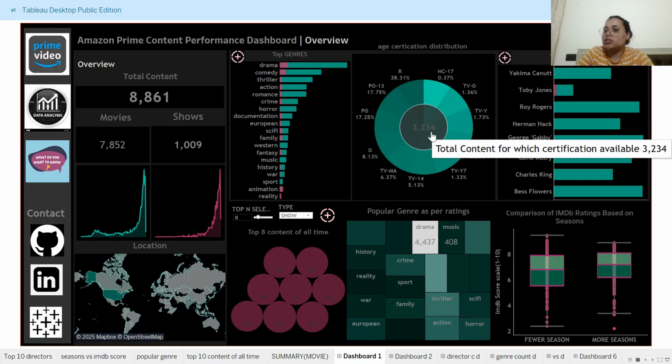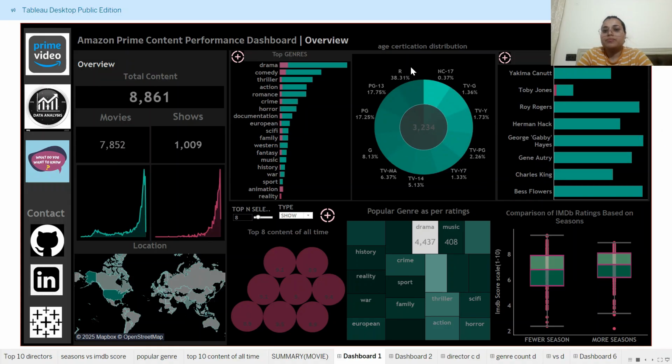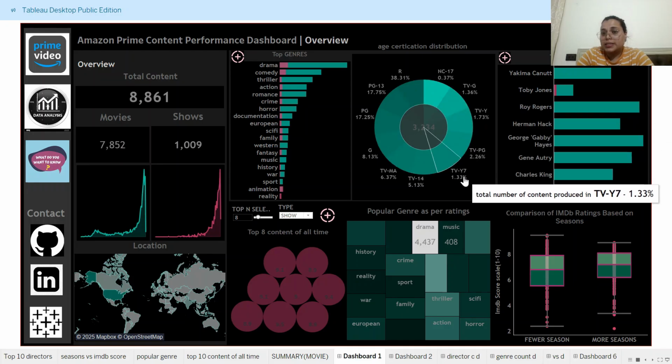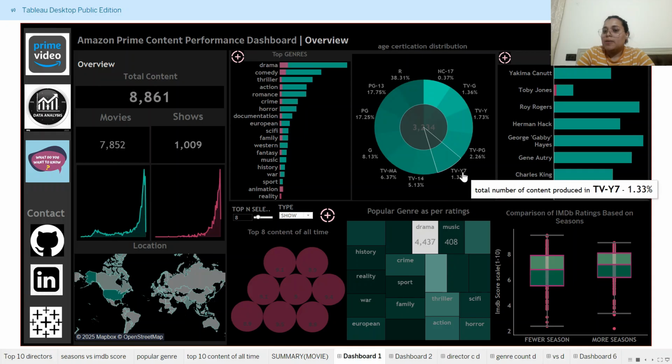So it could be a possibility that they are not giving any certification, or it could be a possibility of data loss, right? Also, if we talk about this TVY7, under the age of 7 basically, we have the percentage of 1.33% of the total content available. So it is very less, so we are not having content for the particular